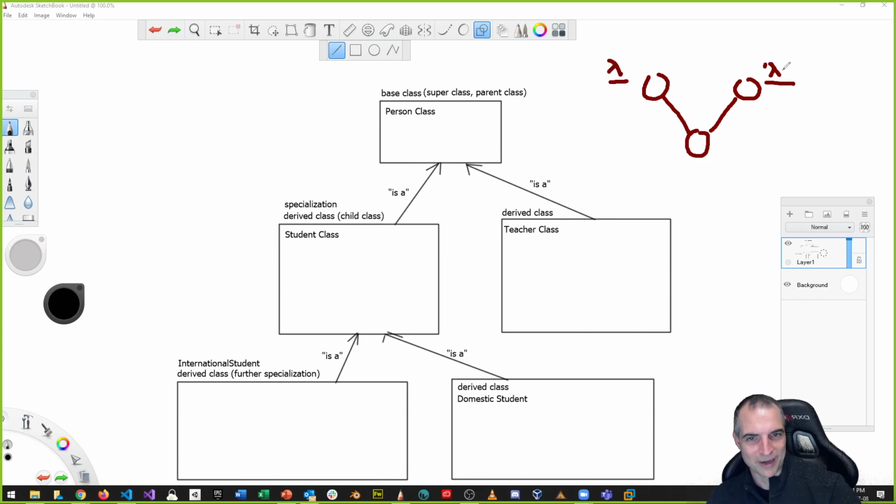I don't know why I made it a lambda, but whatever you want to call it, alpha or delta. Which one does it take? Does it take this one or this one? Well, the compiler would not know which one to take, so it would be ambiguous and would cause a problem. So this is some of the reasons why